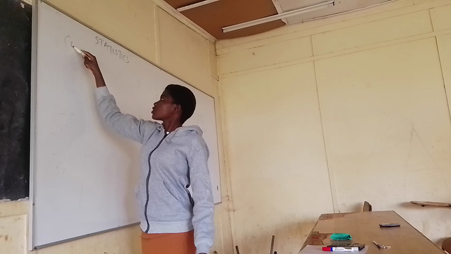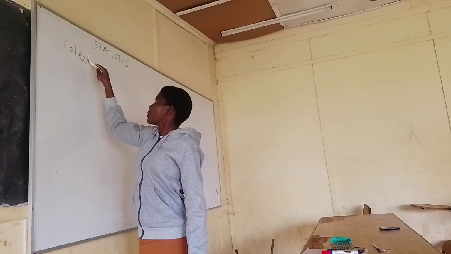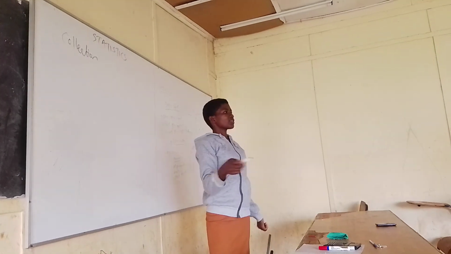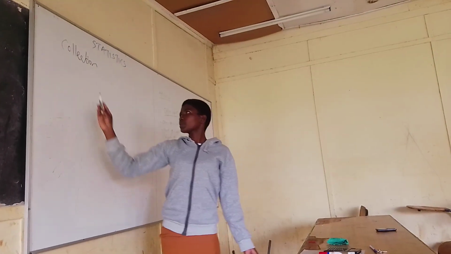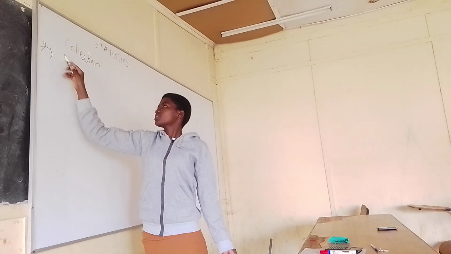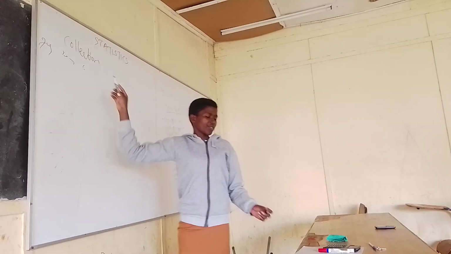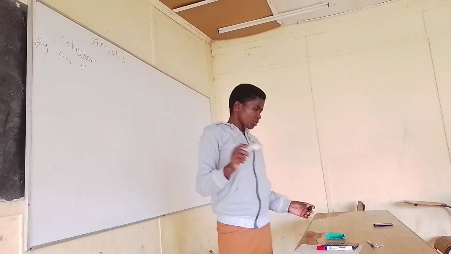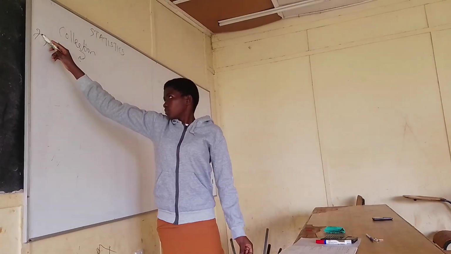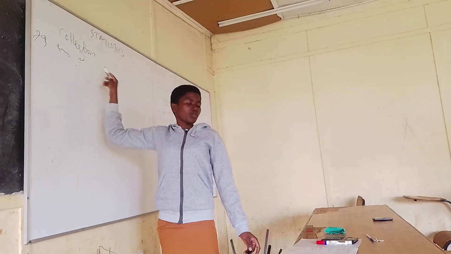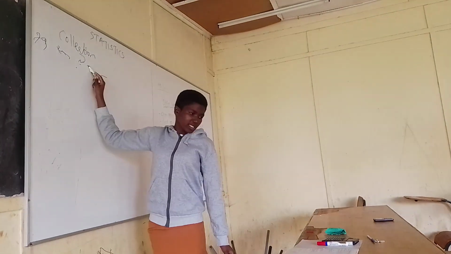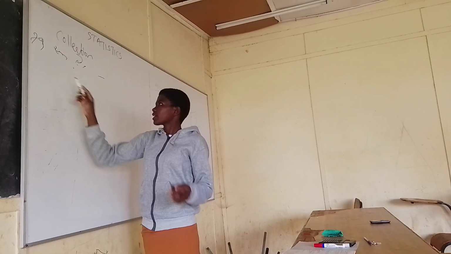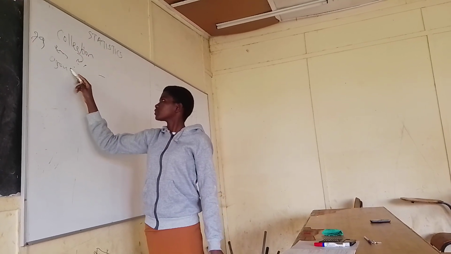So, in collection, maybe you are told to find the ages of students. You move around, you ask for their ages, maybe 7 years old, 10 years old, 20. After collecting their ages, then you analyze. You analyze the information you've collected, you interpret it, you present, then you organize. So you can organize in terms of grouping